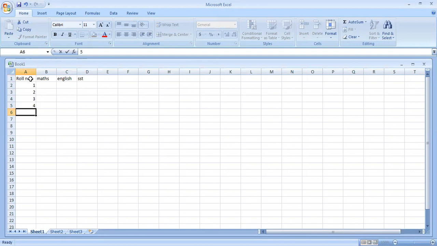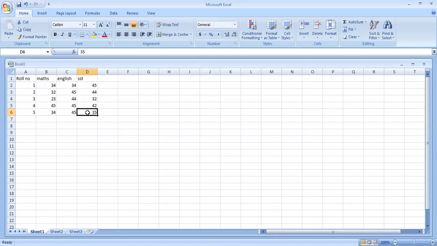And let me just enter the marks of 5 roll numbers, and in random order I am entering the marks. This is how I have entered the marks over here.